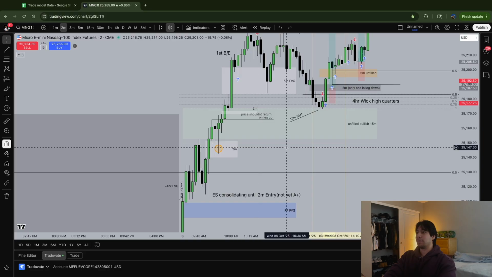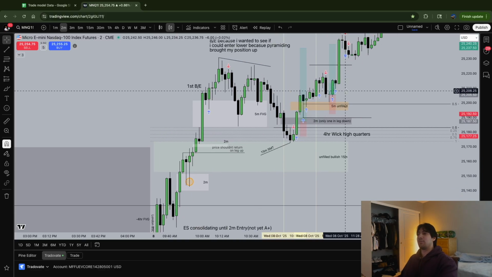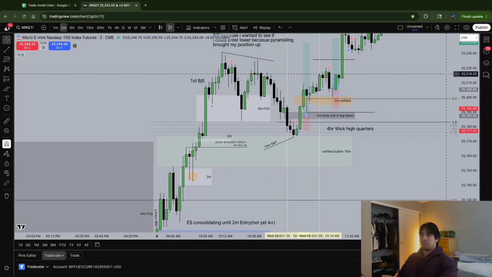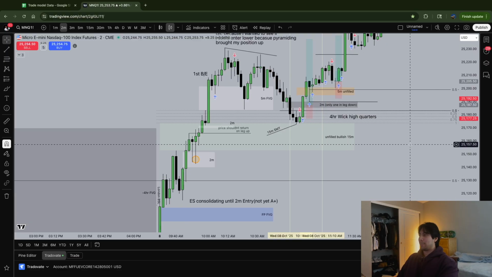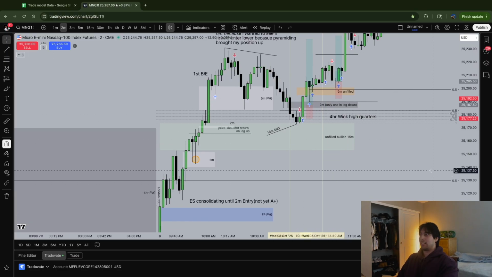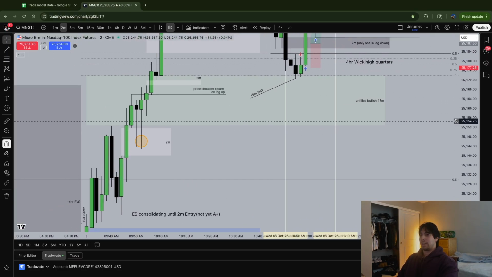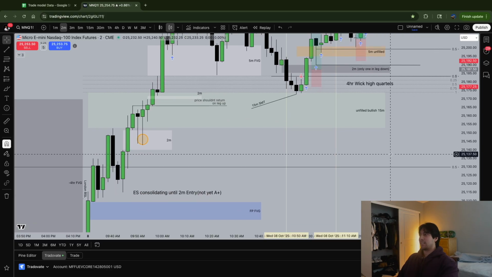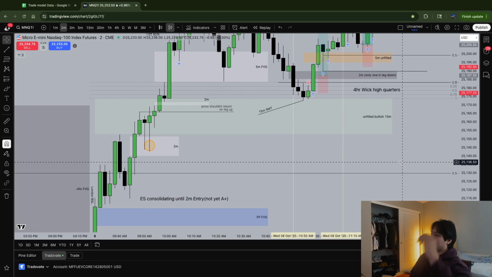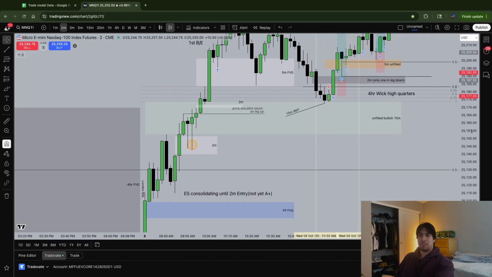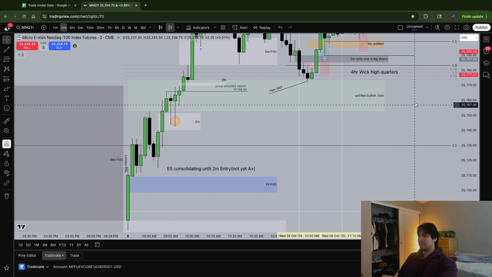Or honestly, even the 15 second, which I really would have liked to use for that. What is it? It's like $20 a month or so. I think I pay 15 for the normal plan on TradingView, and then the plan with the 15 second and the 5 and 10 second is maybe 20, 30, maybe 50. I don't know. I think that's why I didn't buy it, because it was 50.